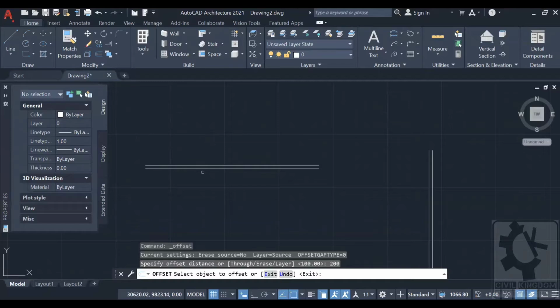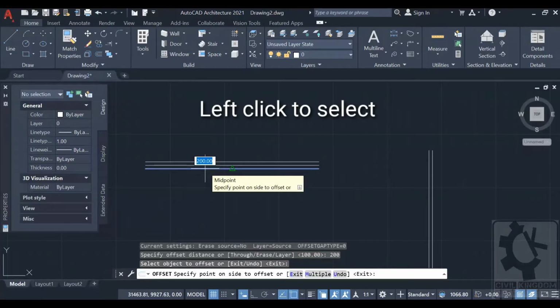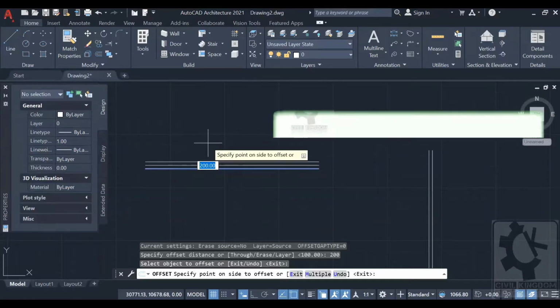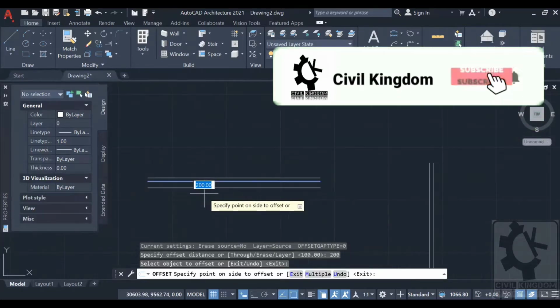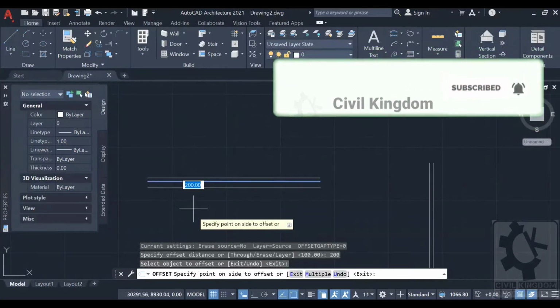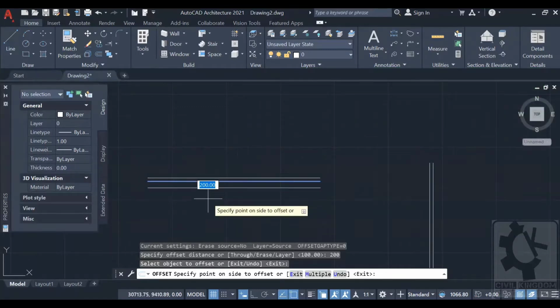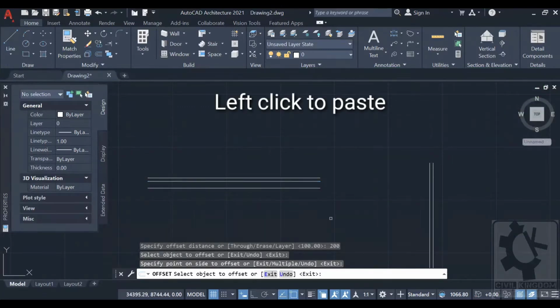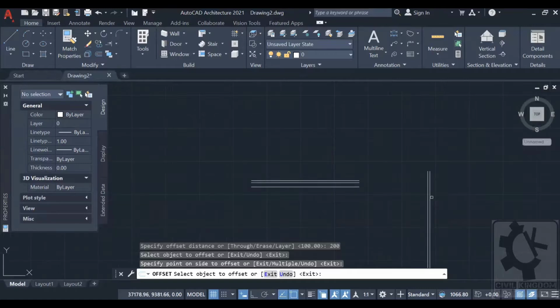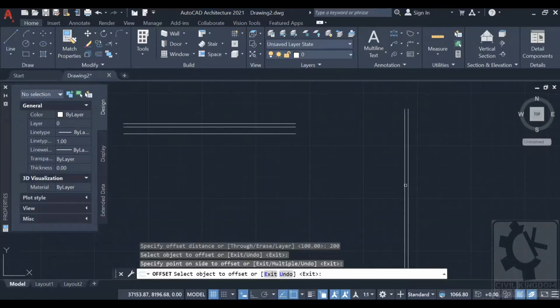Okay, I have selected the object. As soon as I select the object, the offset will appear, and with the help of the mouse you can give the direction, and you can repeat the offset command again and again until you cancel the command.